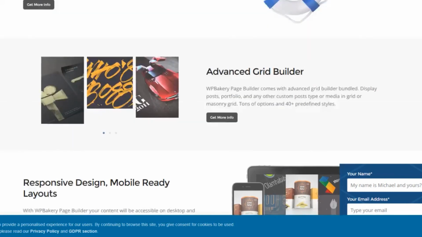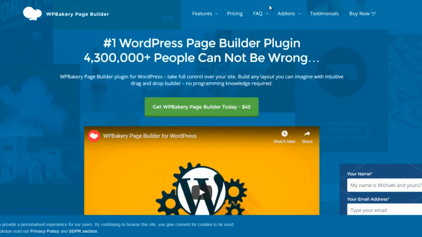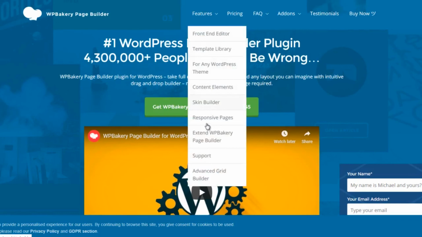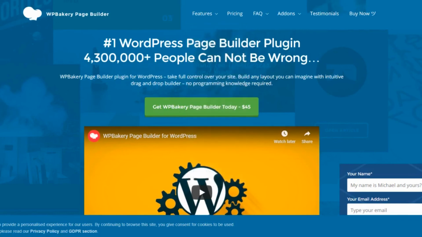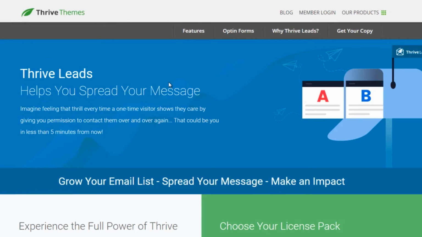So this is WP Bakery. You can see the features here. There's a lot of things you can do. To get here is wpbakery.com. Next up is Thrive Themes. That's